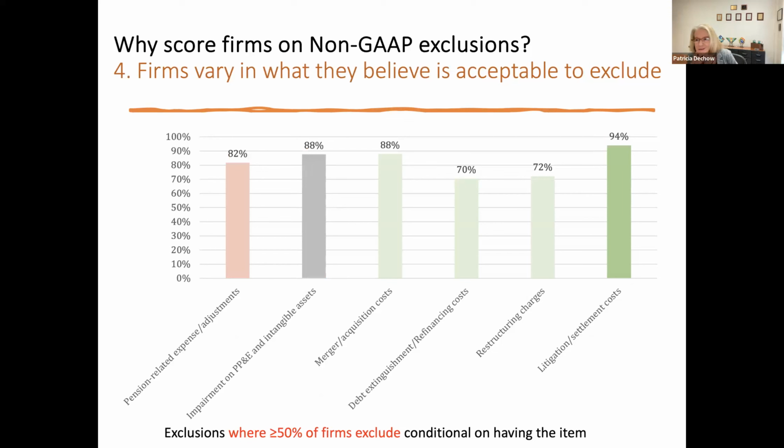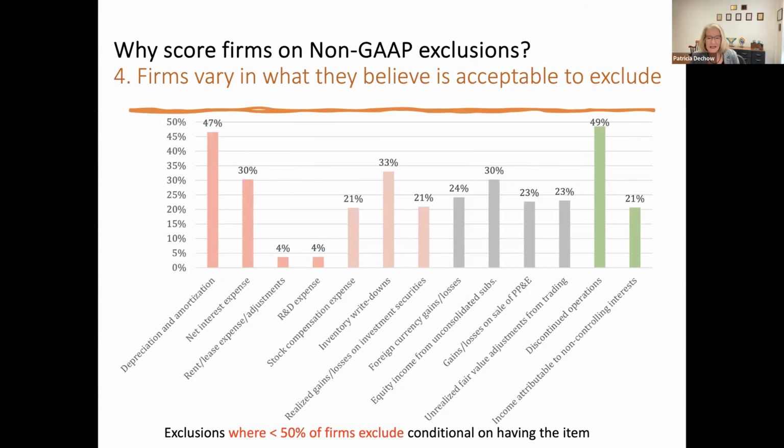I haven't done intermediate accounting for a while, but I've heard it's changed a bit. But all those adjustments to fix things up and smooth, and that focus on the balance sheet, you can imagine that justifies excluding a lot of different things. And here are some of the other exclusions that firms, given they have them, are less likely to exclude. Depreciation and amortization: 47% of firms come up with some kind of EBITDA number